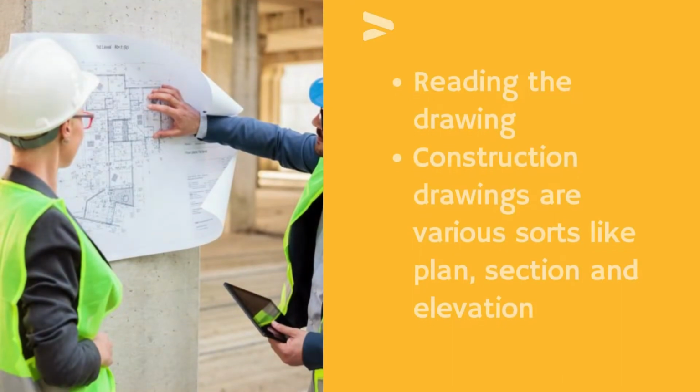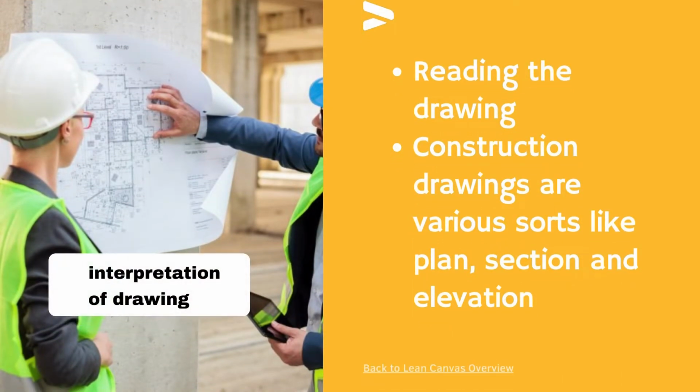Interpretation of drawing. Interpretation of drawing means reading the drawing. The occupation of a civil engineer is to describe the drawing given. Construction drawings are of various sorts like plan, section and elevation. The civil engineer should comprehend the details given in the plan and work as indicated by the dimensions given in